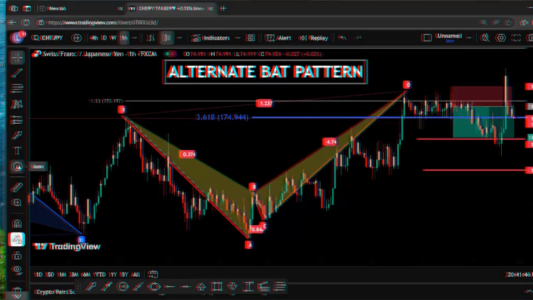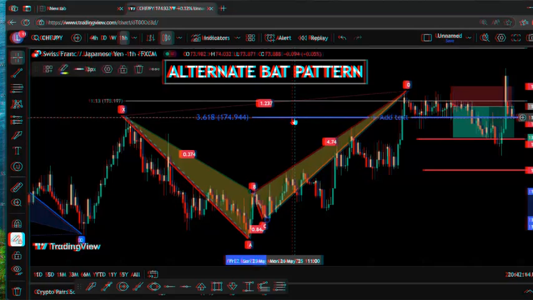Today is the 30th of May 2025, and I am here to conclude the Swiss franc Japanese yen sell trade that I took yesterday using the alternate bat harmonic pattern. Okay, so like I promised, I am going to show you how to identify this pattern and how to trade